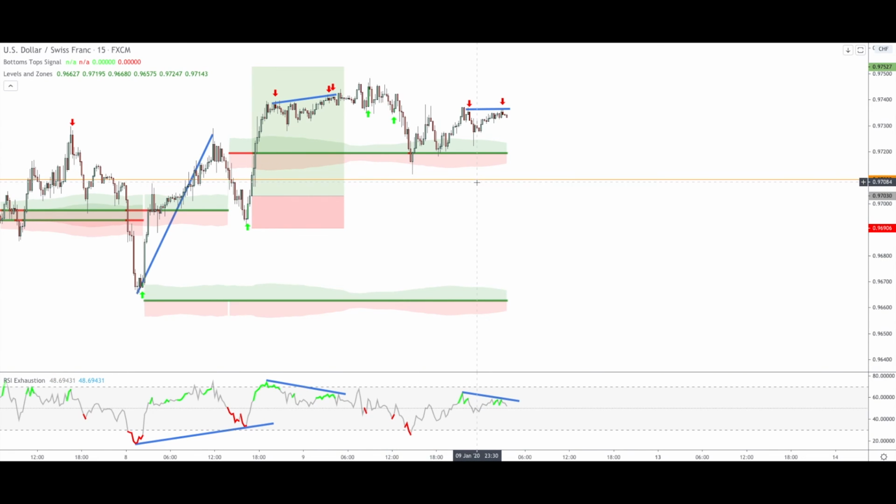Of course, if you want to be a bit more aggressive with your close level, in this case the break-even level, you can go even higher, at least at this level here, or maybe just a bit below this support line, because as you can see, this support is very much helping us. It's a very strong support that the levels and zone is giving us. So you could play with this and the break-even level to go closer to this. I just stay here for the sake of safety,